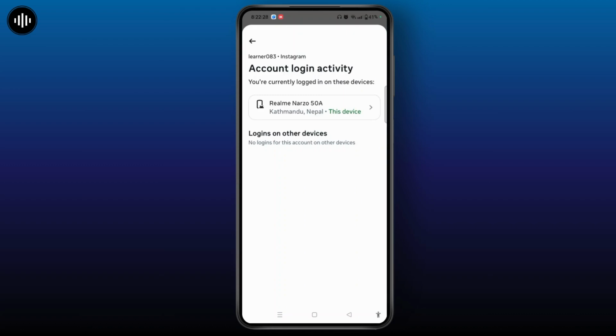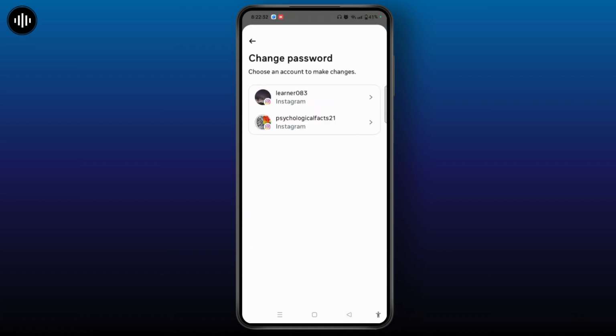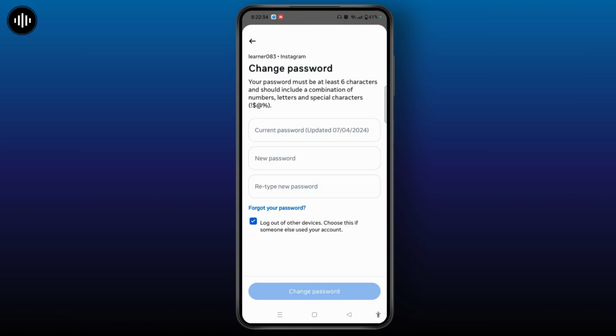account on other devices. Further, you can even tap on change password, look for Instagram account, and then enter your current password and then tap on the new password and retype the new password and checkmark log out of other devices to choose if someone else used your account and tap change password, and with this you can easily see